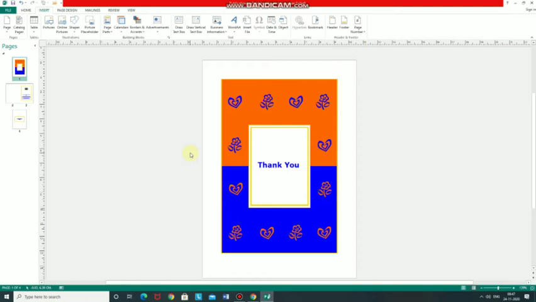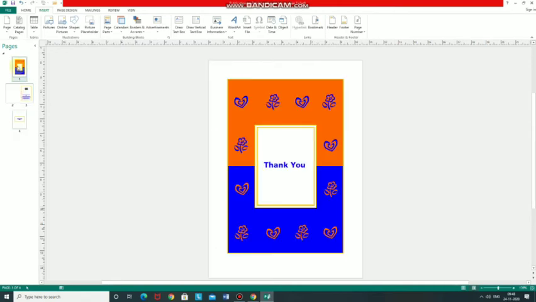The page navigation pane allows you to view and work with all the pages in your publication. You can view the page thumbnail and add, delete, rearrange and duplicate pages in this pane. Page navigation pane is similar to your PowerPoint. If you remember, in your PowerPoint you can see one slide here and there are many slides here. So it is called page navigation pane. So you can rearrange, add, delete and duplicate pages in this pane. If you click on any thumbnail, you can see the page here.